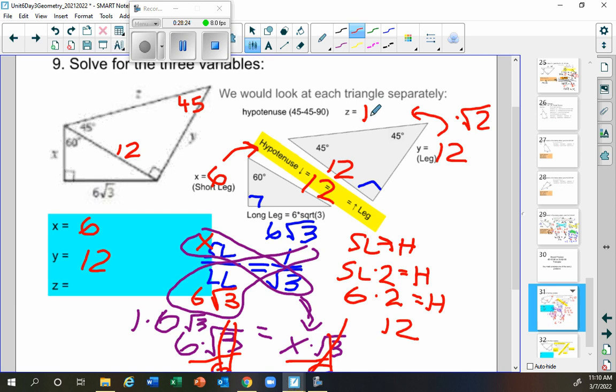No. So if you want to go from leg to the hypotenuse, the quickest way, and that's for 45, 45, 90, multiply by square root of 2, and you're done. Okay,